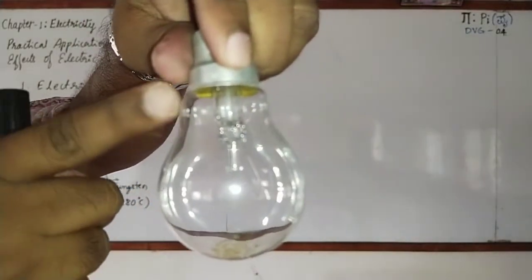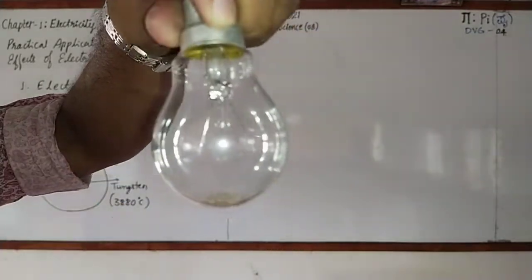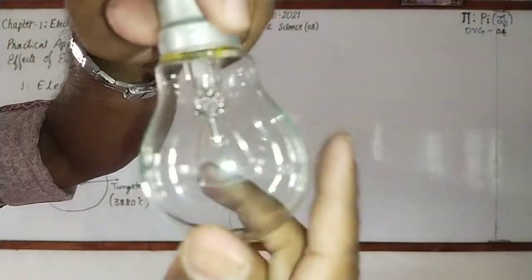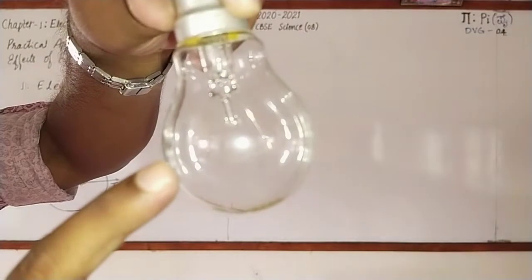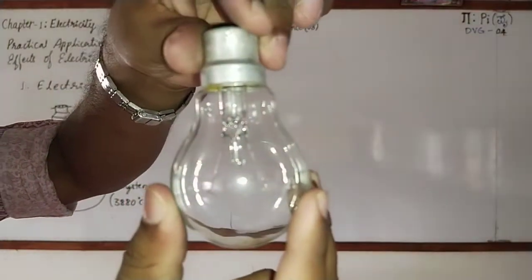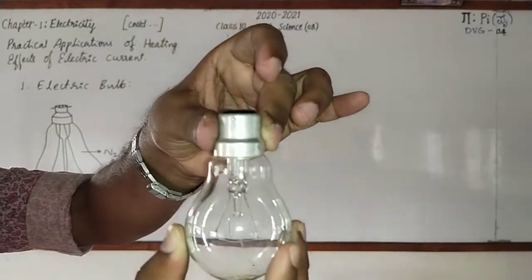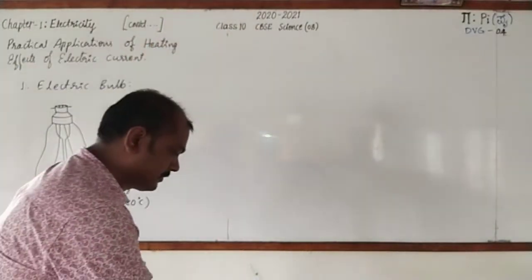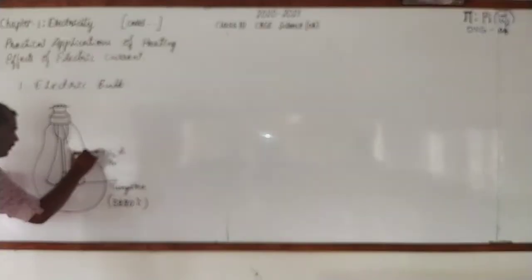Here a stud is there, and inside that stud is what is called the support, and 2 copper wires can be seen. You can also notice a spiral-like wire, that is what we call tungsten. Clear? So this is the information about an electric bulb. Now we will move on to